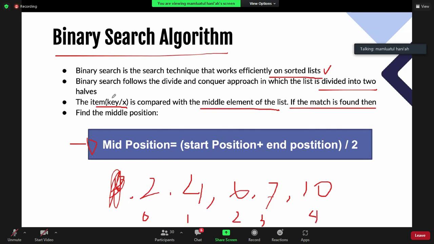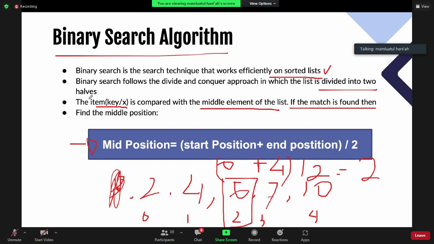The start position or initial position is 0, and the end position is your maximum index, 4, and then you divide it by 2. So the middle position is 2. This is your middle position, and you need to compare your element in the middle position with your key.